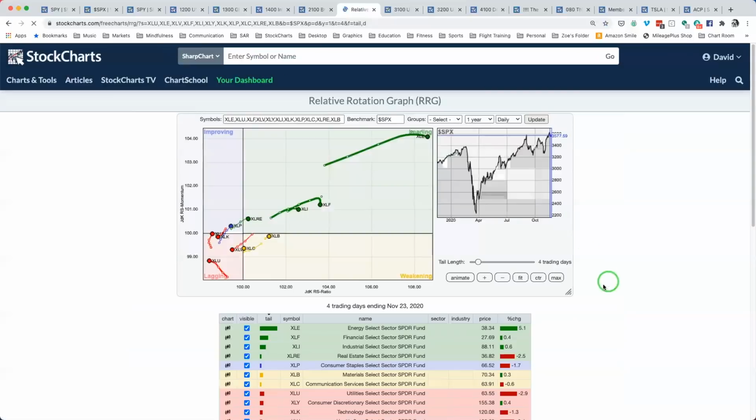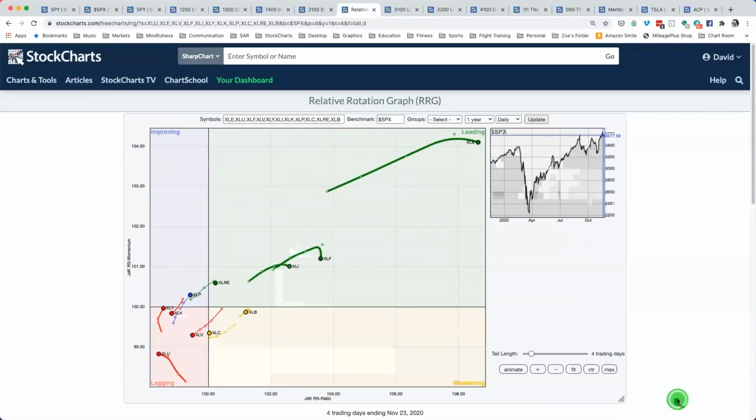We'll bring up the daily RRG, and I like to look at both. The weekly gives you the longer term view. The daily gives you the shorter term view. Here's where you can see the strength in energy. So coming out of a pretty beaten down base on a relative basis, but you can see how the XLE has really improved. And again, the rock star on the daily RRG, speaking to the strength in stocks like Occidental,